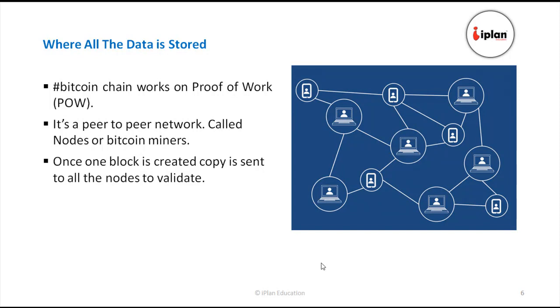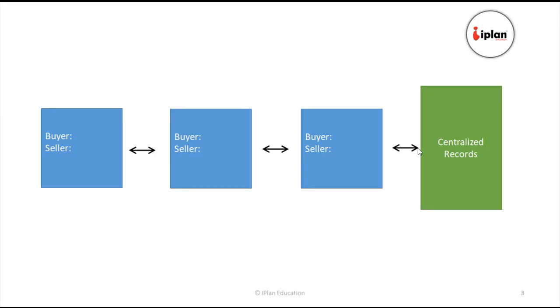This is a similar kind of peer-to-peer network where a copy of all the data is kept with all the nodes on the network. All the nodes are basically computers, and most of the time these are Bitcoin miners also, so they validate the data. This is a peer-to-peer network which does not have a centralized server. All the computing power for Bitcoin is received through all these individual computers, so these guys are like miners and nodes. Bitcoin is hard to manipulate.